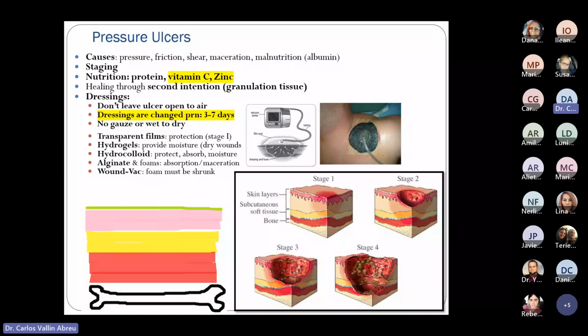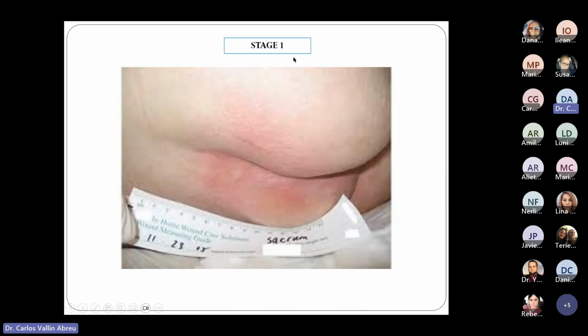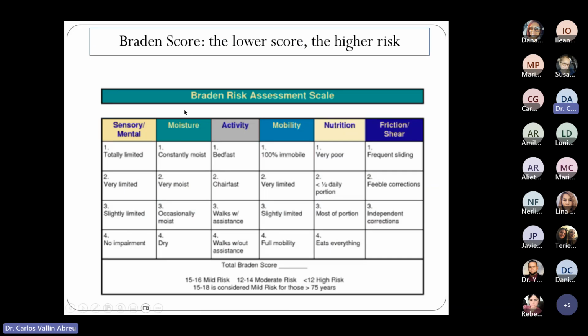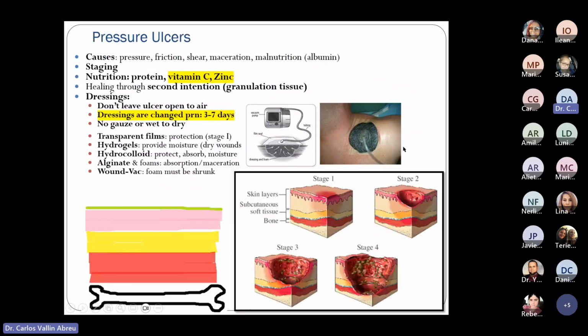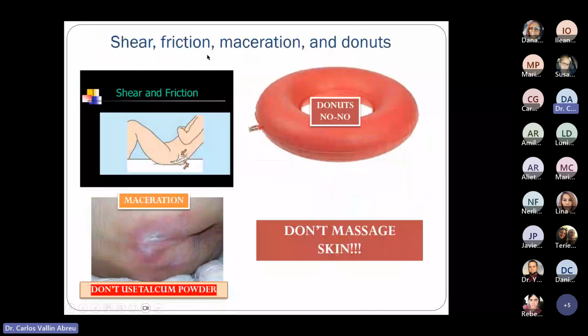Pressure ulcers also have a lot of questions in English. You know that pressure ulcers are the consequences of pressure, friction, shear, maceration, and malnutrition. And these parameters that are the causes of pressure ulcers are all evaluated by the Braden risk assessment scale. Interesting, no? Moisture, sensory activity, mobility, nutrition, friction, shear, those parameters that are the causes of pressure ulcers are evaluated